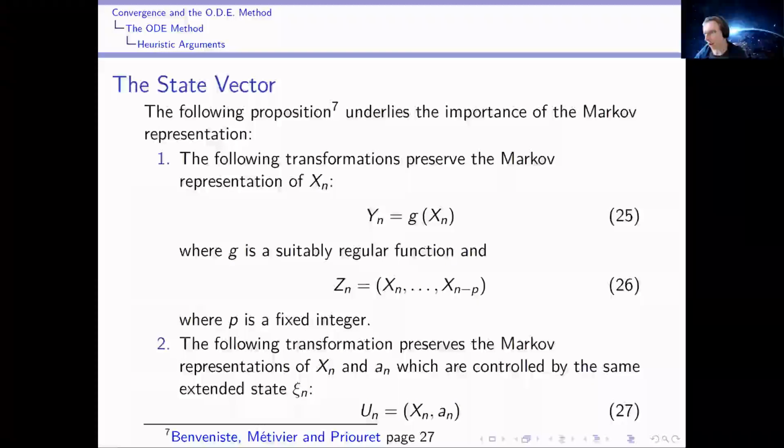Now, the Markov representation of state is a little bit beyond the scope of this talk, but I just wanted to footnote this as a way of marking its importance, and it's quite central to topics throughout the Benveniste text. Also, just to recognise that the linear conditional dynamics model, when Jung wrote his paper, was actually the most general case presented, and so things have moved on a little bit since then too.